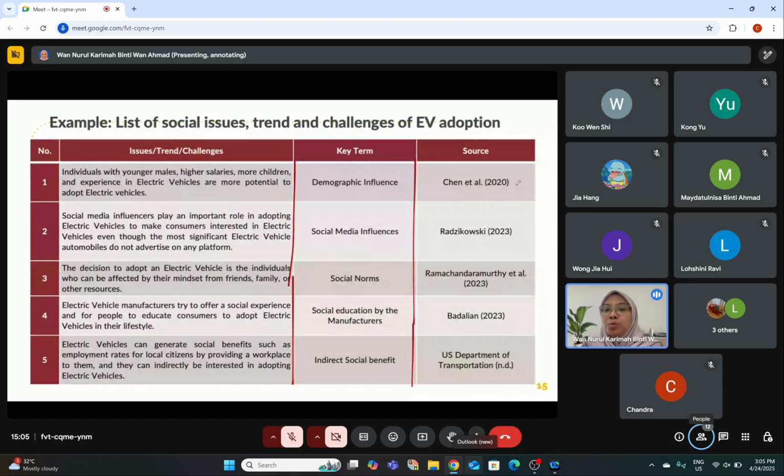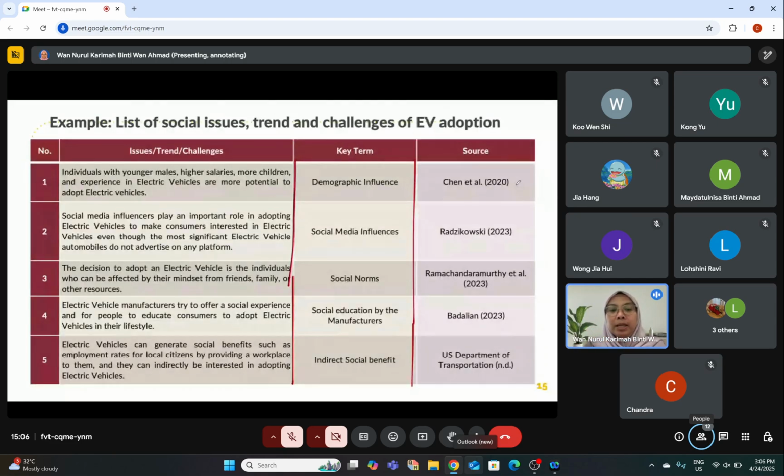It is important to provide the source for each of the statements that you find in STEEPV analysis in your literature. And for social issues, trends and challenges, you might find maybe 20 statements. For technology, maybe you find 30 or 50 statements. Some factor, maybe political or even environmental, it depends on the topic that you are studying. Some factors may have more statements compared to the others. It's not a problem